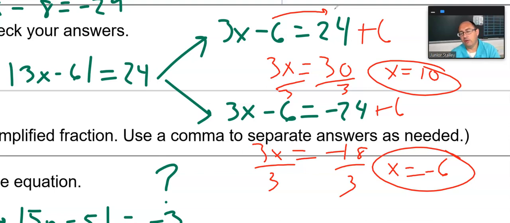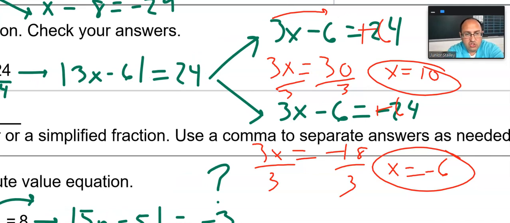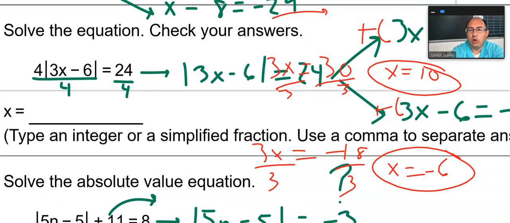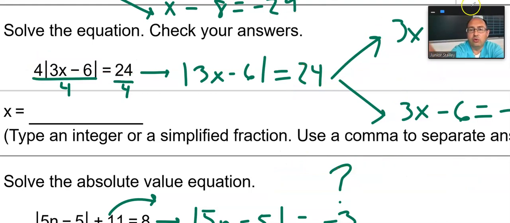Okay? Now, your least favorite thing in the whole wide world is this thing that says check your answers. I'll give you an example of how we could do that or why we would do that. It's more important to do that when we have variables that are outside the absolute value bars. And as you can see from my original question, none of the variables sit outside the absolute value bars. It's really when you have something like that that we really need to check our answers. However, the next example I'm going to show you